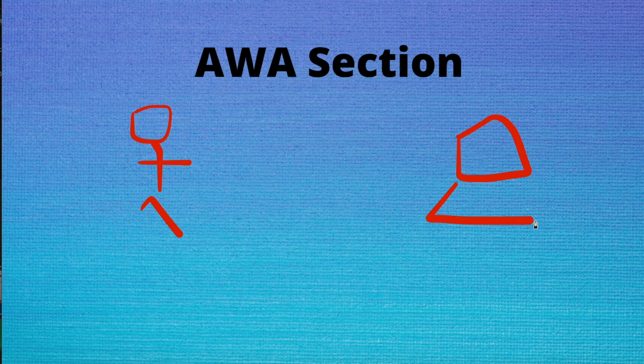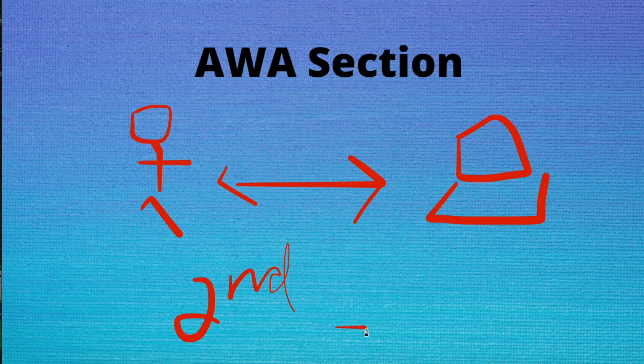So finally, moving on to AWA section, which is analytical writing assessment section. You have to write 2 essays in this section, and each of them are graded by a human and a computer. So both of them would grade your score individually, and then the average of the two would be taken. And if there is a huge discrepancy between the scores assigned by computer and the human, then a second human would also grade your essay, and then your final scores would be decided based on that. That's all I know about AWA section.